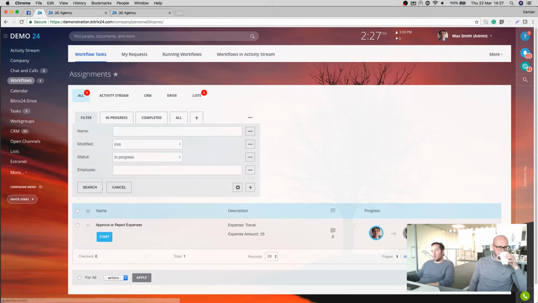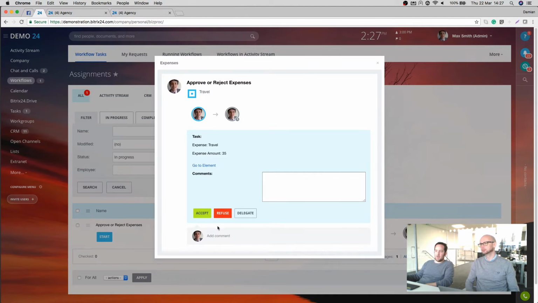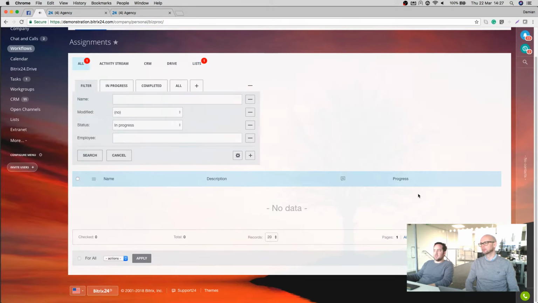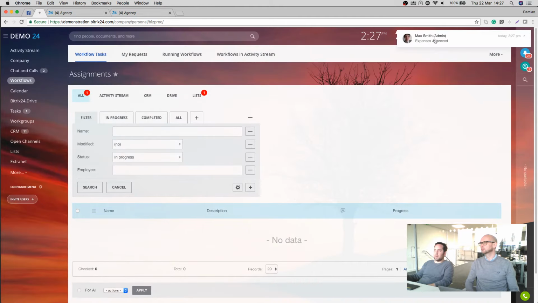you can see we have our standard business process editor tool. And what we're going to do is have this approve element block. So once the expenses have been submitted, we are going to send it to maybe a member of the team to approve. So let's send it to a member of the accounts. In this case, let's just send it to Max Smith there. So we'll send it to ourselves, just so we can see what it looks like when we send it for approval. And then we'll say